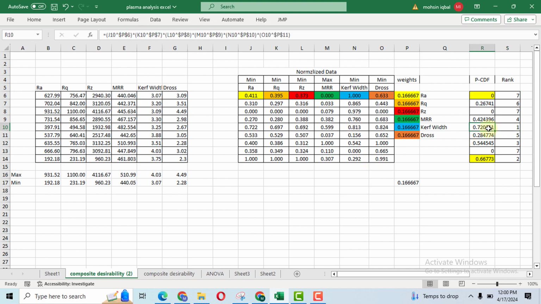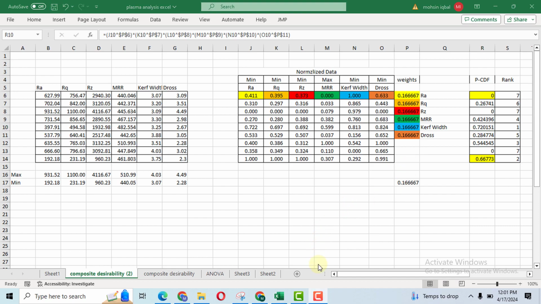So this one, this is 1, 2, 3, 4, 5. Fifth treatment is found to have the highest desirability value. So we can say that in our experiments, the treatment number 5 is found to be the best one. However, in order to get the result for the overall all of the parameters, we have to perform the analysis